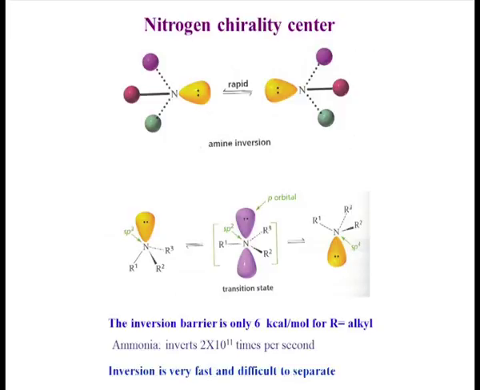So, the inversion barrier is very low. Another very nice piece of data is that ammonia inverts 2 times 10 to the power 11 times per second, unbelievable. So, you cannot get substituted ammonia in the chiral form, because whenever you try to catch one, it is getting converted to the sp2 form and then to the other form. That equilibrium is so rapid that it is very difficult unless you use very low temperature and an energy barrier is imposed; then and only then can you do it. But there are tricks for other organic molecules having carbon-nitrogen bonds that allow you to do it.